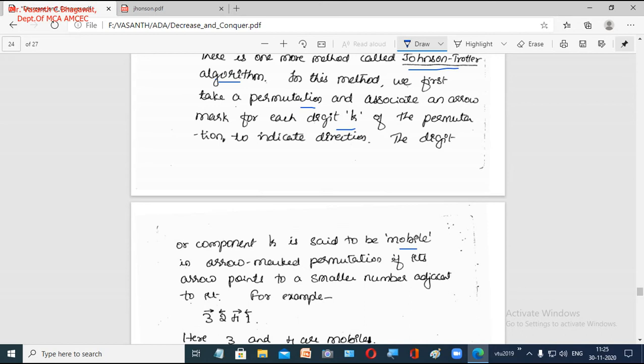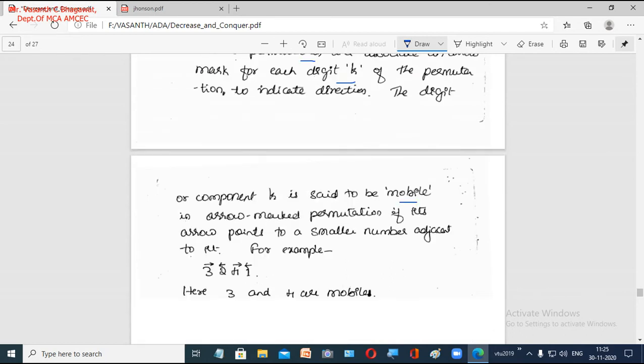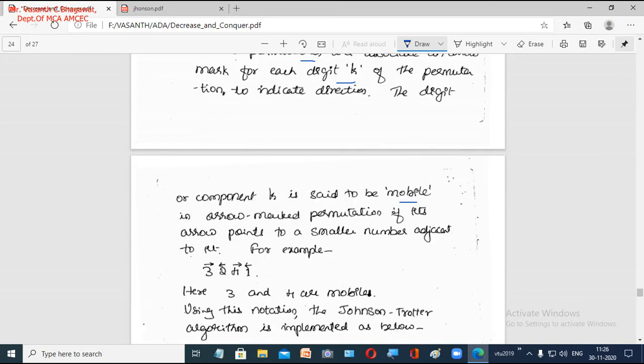Now what type of element do you call a mobile element? If its arrow points to a smaller number adjacent to it. So in which direction the arrow mark is pointing, based on that we call it a mobile element. Say for example, there are 4 numbers given to us: 3, 2, 4, 1. On top of each number we have an arrow mark, right?